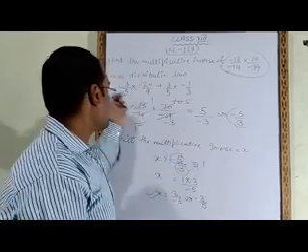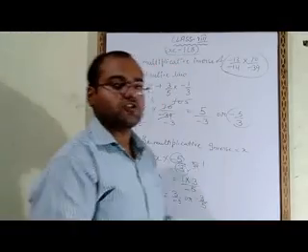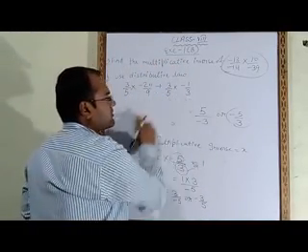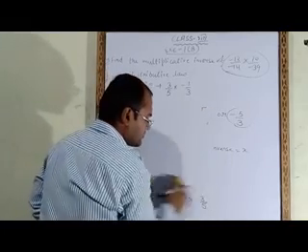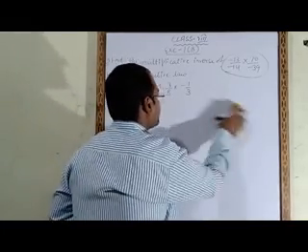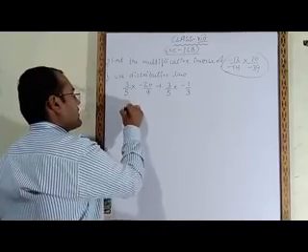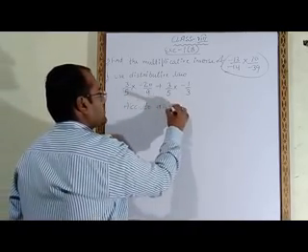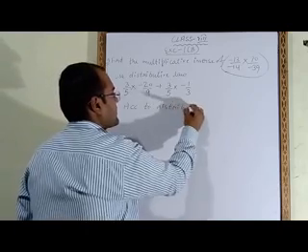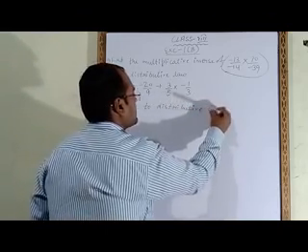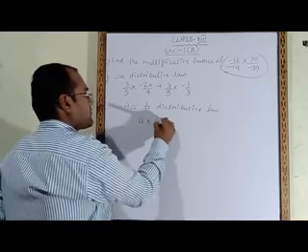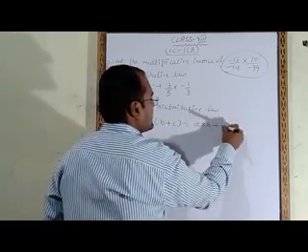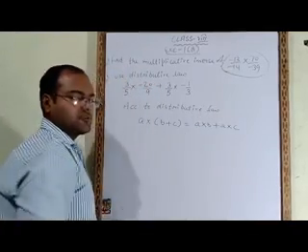Now see question number 6. Here in this question he said we have to use the distributive law. What we have to use? Distributive law we have to use. And what is distributive law? So here you will write according to distributive law, A multiply B plus C is equal to A multiply B plus A multiply C. This is the distributive law.